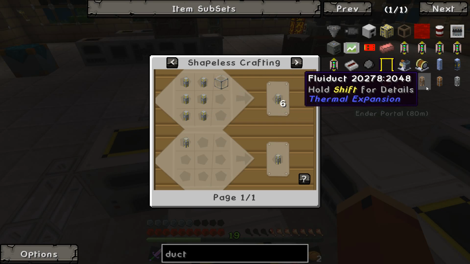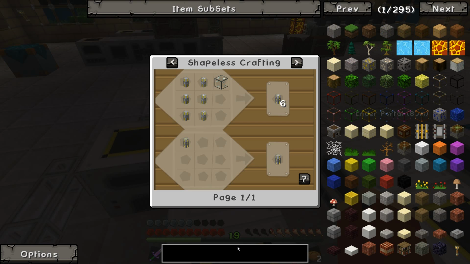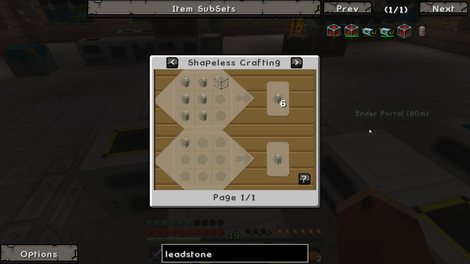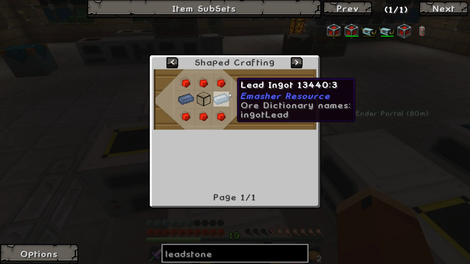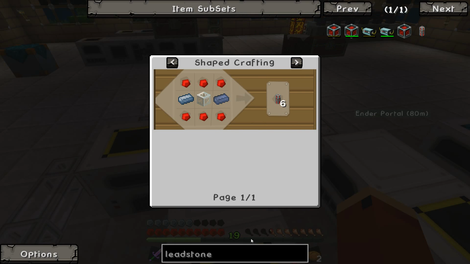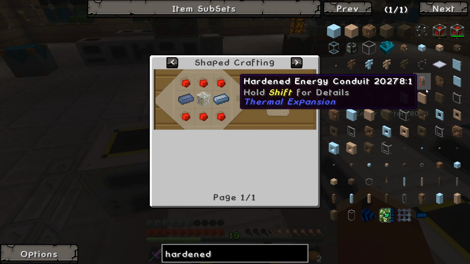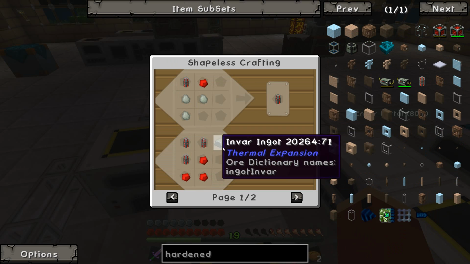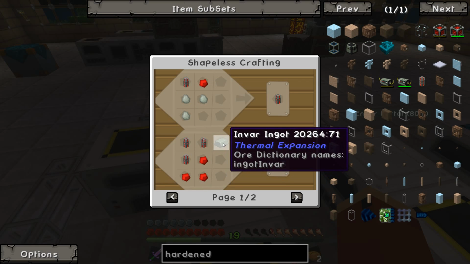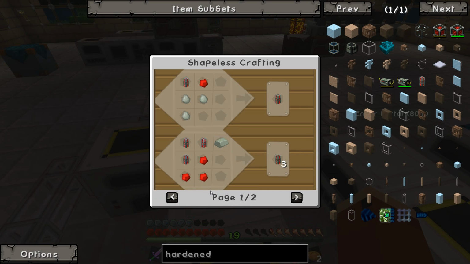Fluid ducts, on the other hand, are much, much more useful. But the main one I need to design a machine for is this guy here. Leadstone energy conduits. So it's lead, glass, and redstone, and it makes these here, right? And then to make hardened ones, which are the main ones I need, you take these and you mix them with an Invar ingot, which is hard to come by because I have to actually manufacture Invar. It's not something I can just throw an ore in. But there may be a way to do that with an induction smelter. I might be able to throw in...